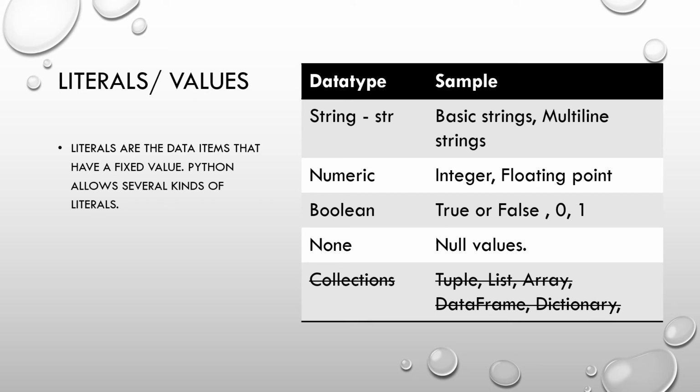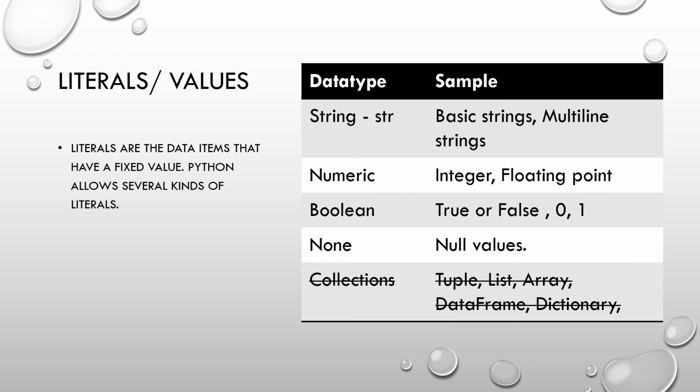Now we are going to see what are the different data types or different variable types that we can create to start coding in Python. Data types are nothing but what kind of data we are going to handle. Let's say you may handle a string data type. String is nothing but a word. Let's say you are going to store my information: my first name, last name, age, date of birth, and so on.